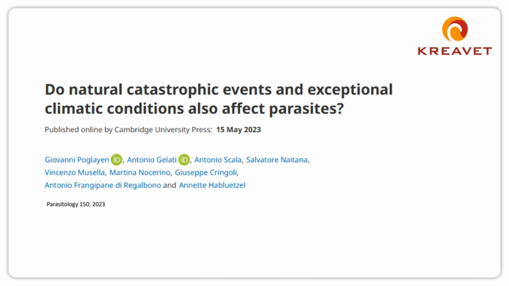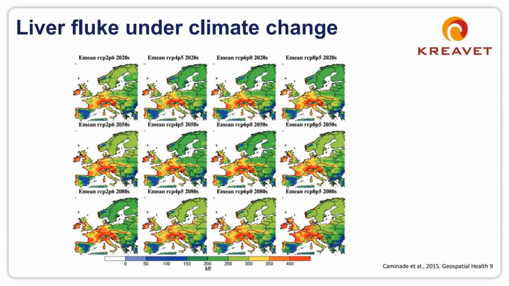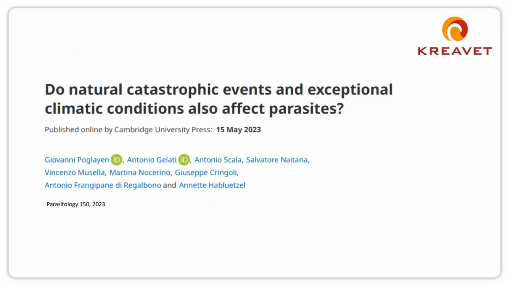And of course, the last slide was work from already 10 years ago. In the beginning, we were all talking about climate change, and we were imagining climate change as an increase in temperature. So, okay, it is just as it is now, only a little bit hotter, or we just add a number of degrees. And that is how we imagined climate change. But actually, what is becoming clear now is that climate change is also about more natural catastrophic events.